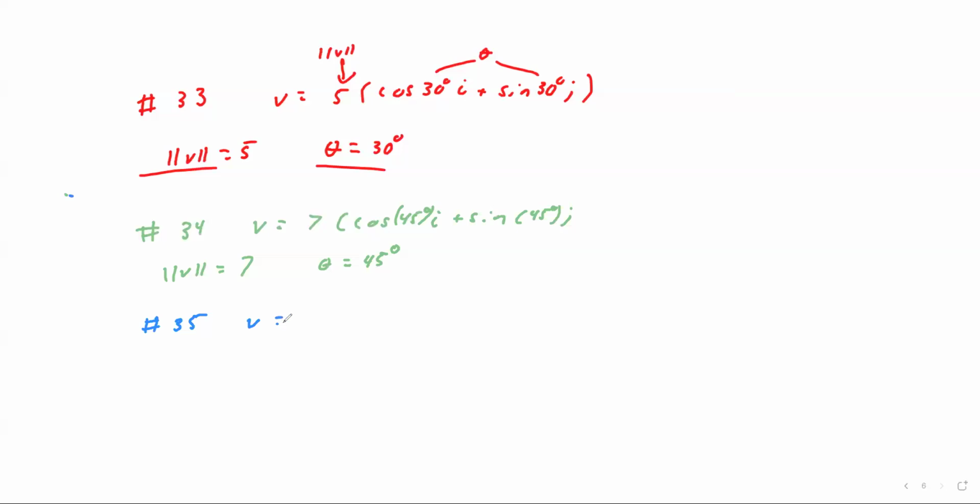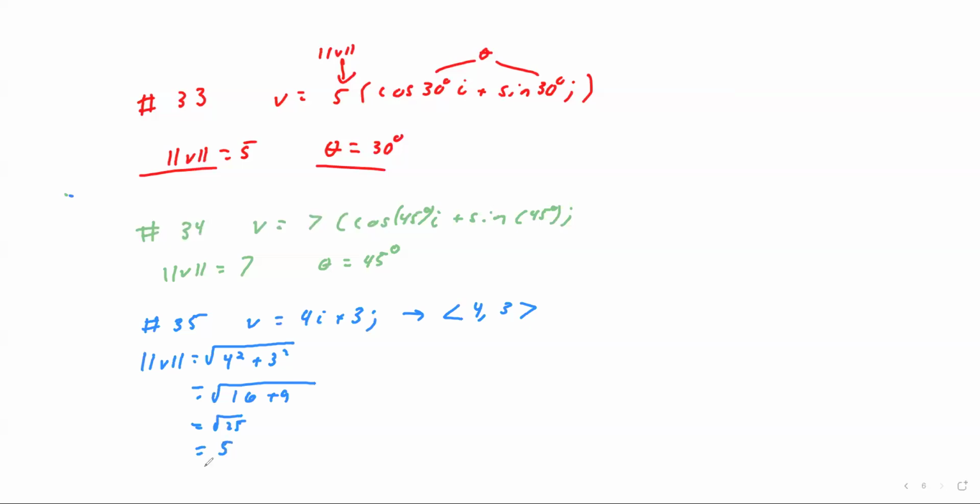35 says V is equal to 4I plus 3J. Now, we can't just pull our answers here. So what we have to do to find the magnitude is to say, all right, well, this is going to be the square root of 4 squared plus 3 squared. The reason I can do this, because remember, in component form, this is just 4 comma 3, which is now my V1 and V2. So now this is going to be 16 plus 9 which is actually 25,